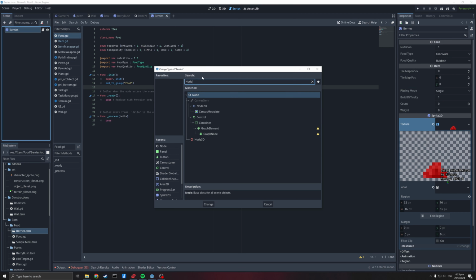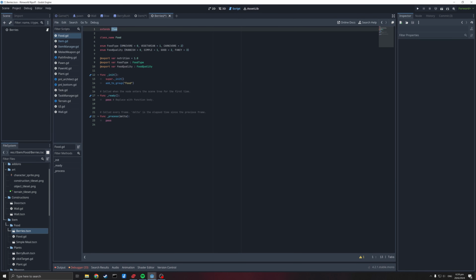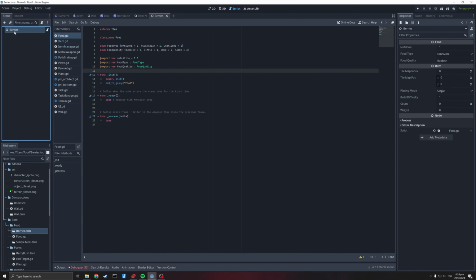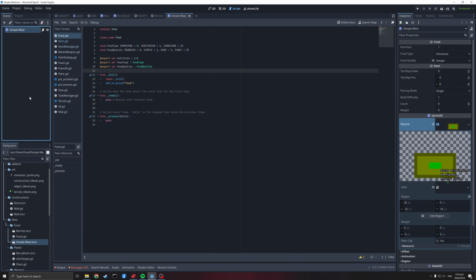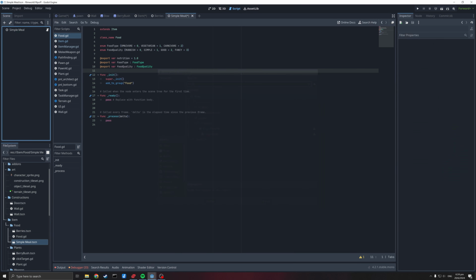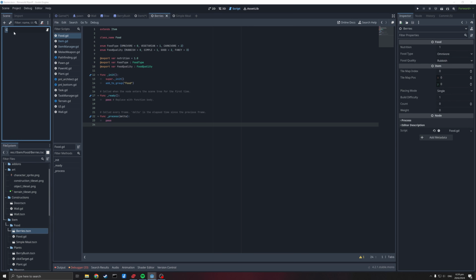It's going to be a node, and it's still going to extend items, so that's going to stay the same. And all this will still work, which is good. I think it'll still work. And so berries should also have the tile map index, all the stuff from the higher level item class. Good, so that's not going to break too much. All I've got to do is change that picture. For the simple meal, we'll do the same thing. And the only thing I really need to do is go back and actually give it